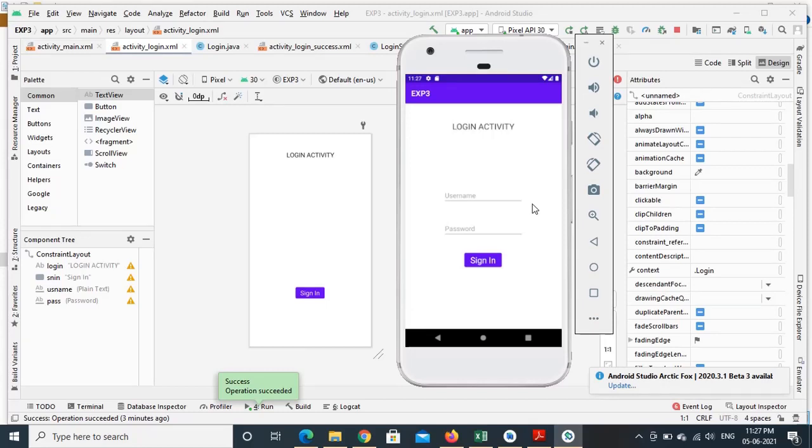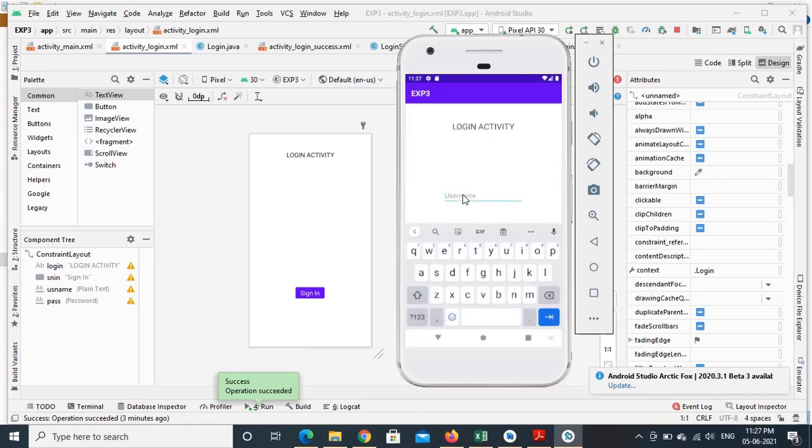Then it goes to the login activity, where it passes username and password. Now I need to give the same username and password, only then the login will be successful. Otherwise I need to give some toast message or some dialog fragment.